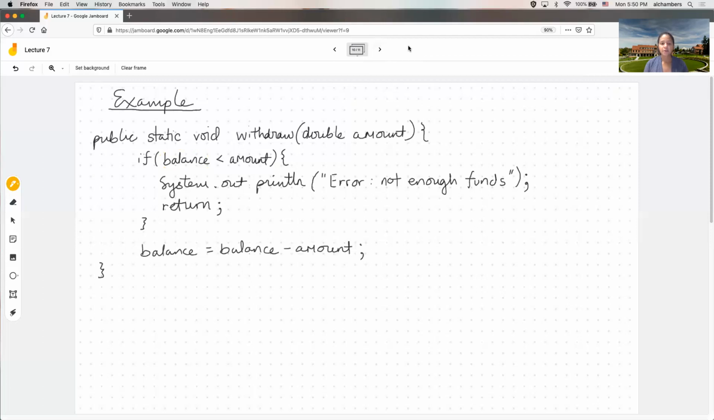All right, public static void withdraw takes in the same input, double amount. If balance is less than amount, System.out.println, error, not enough funds, return. Okay, I'm using this return keyword to force an exit from the method so that if we ever reach this line of code here,